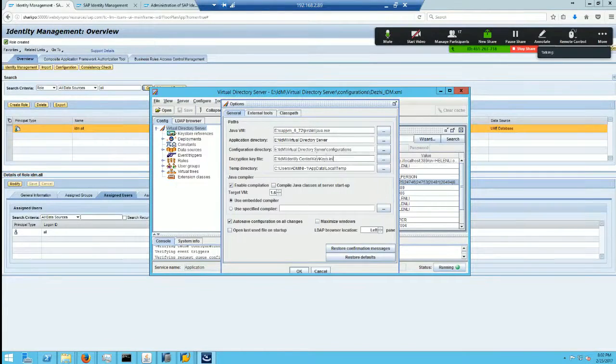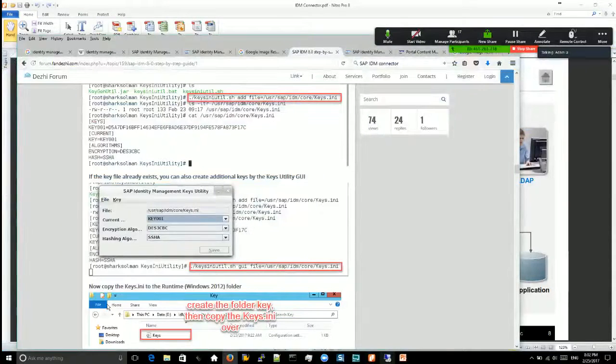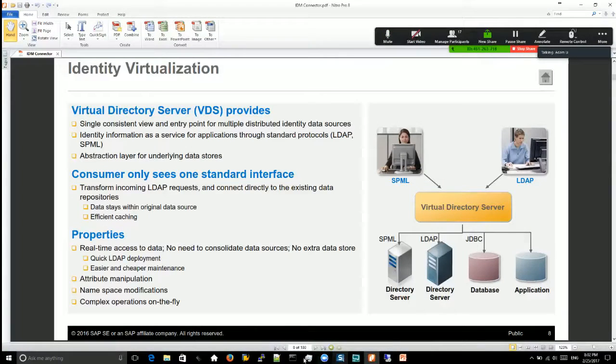Right, so there you can see the encryption key file shows up everywhere. And this key file I copied from the Linux box, because after we generate the key file on Linux, it needs to be distributed to all the environments. The distribution is not done automatically, it's done manually. So you have to copy this file to the environments accordingly. And this is not the only place we're using it; there are also other places this key file is in use as well. For example, if you go to the